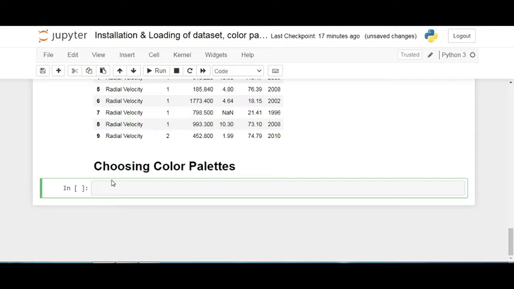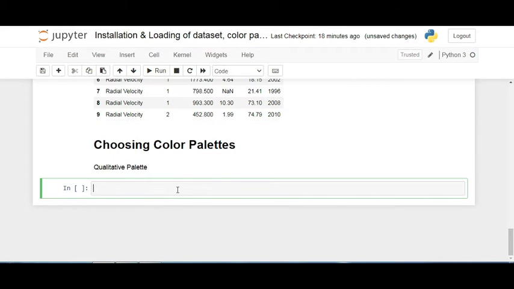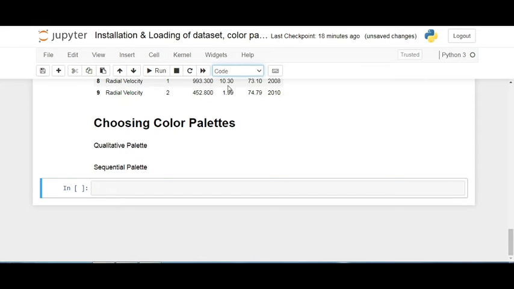The first one is qualitative palette. The second one is sequential, and the third one is diverging palette.